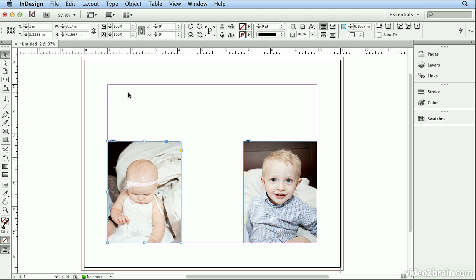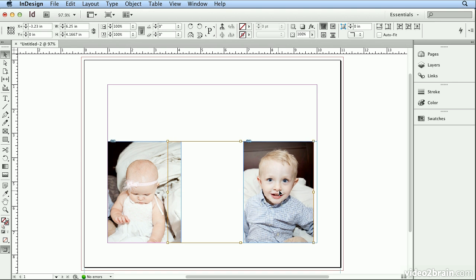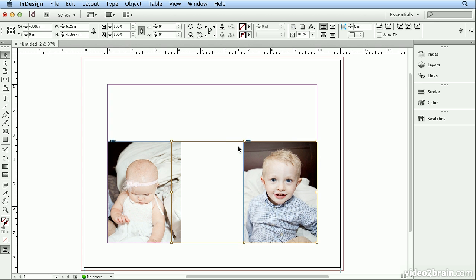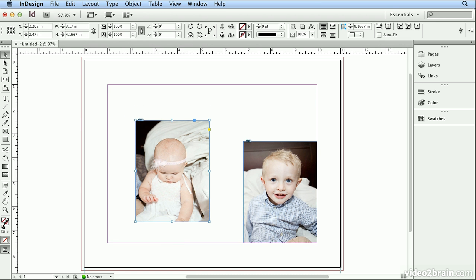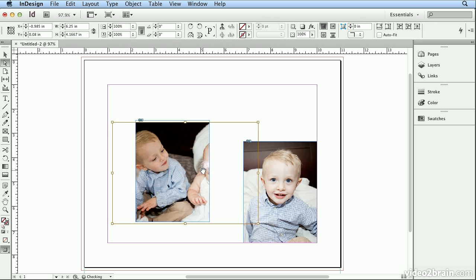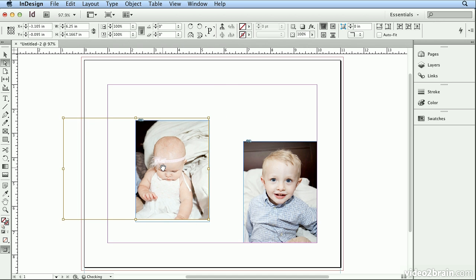If I want to move any image inside the box, I can click the dead center and then click and drag to move, seeing the orange points. And that is your fundamental difference between the selection tool and the direct selection tool. Selection is used to crop or move an entire object from the inside. Direct selection gets you always to the picture inside the box, so you can move the crop area or use